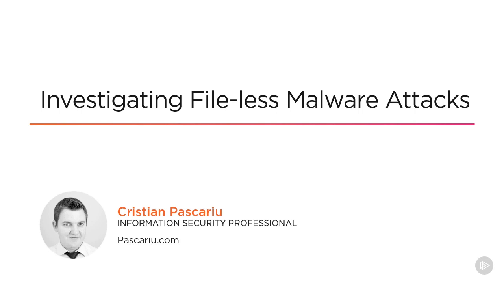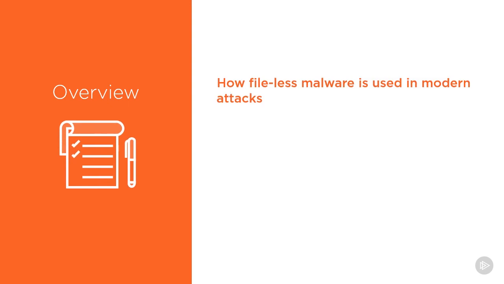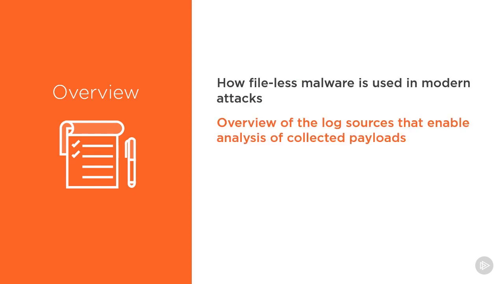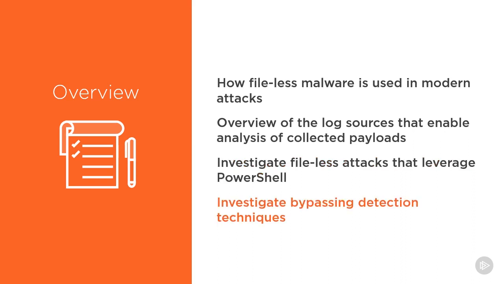We will continue our journey by investigating fileless malware attacks and how Elastic SIEM will enable us to detect them. In this module, you will be learning how fileless malware is used in modern attacks. Then we'll go over the important log sources that enable the analysis of the collected payloads. We'll be investigating fileless attacks that leverage PowerShell primarily, but we'll also look at legitimate utilities that are abused as well. And once you have a solid grasp over these topics, we'll look at some techniques that adversaries leverage to